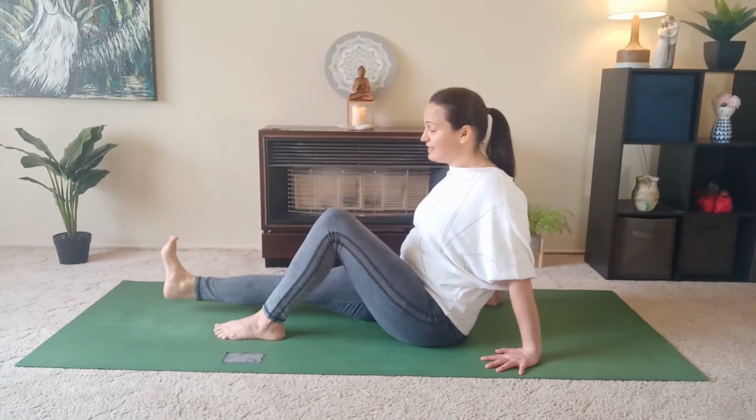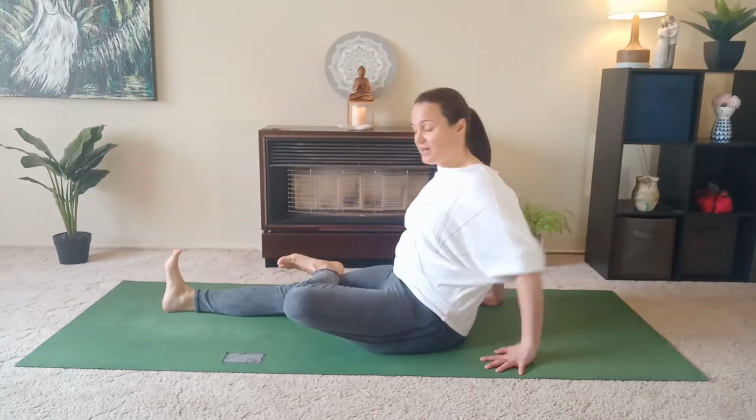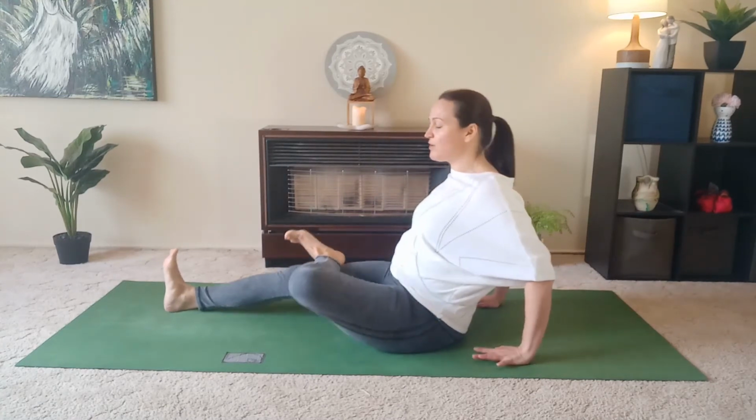So maybe extending the right leg on the floor and taking the left heel to the top of the right upper thigh, drawing those left toes back to the shin, and maybe pressing down here with that left hand on the inner thigh as an option. Another option here, if you have the capacity to do so, hands point forward and